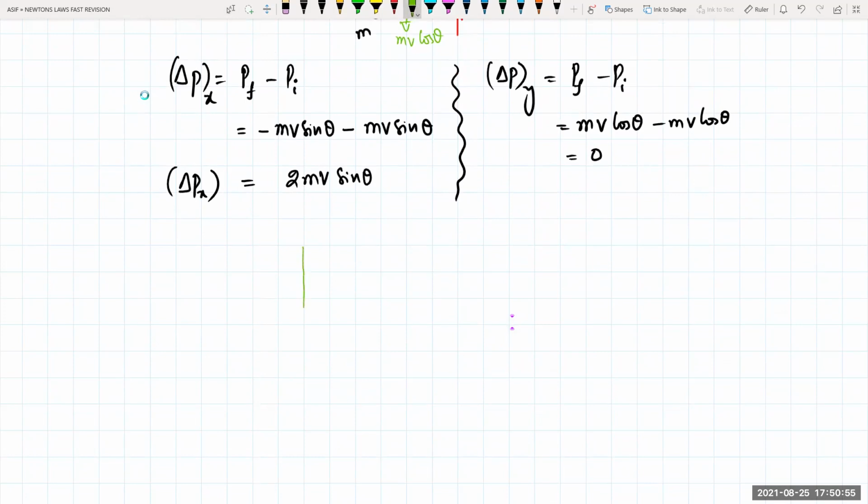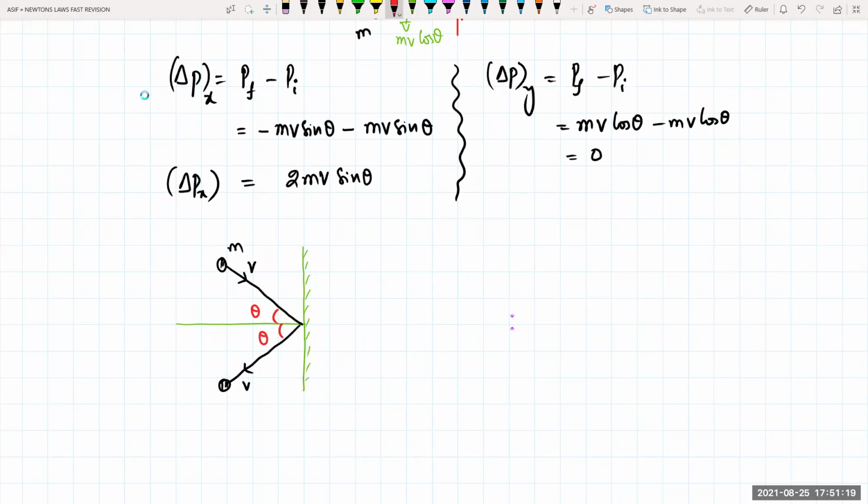This is your vertical, and this is your wall, and this is your ball. It is hitting here right now, going like this, right? This is the mass m, and this is the velocity v, and this is the velocity v. Now, if I take an angle with respect to here, this is theta and this is theta.